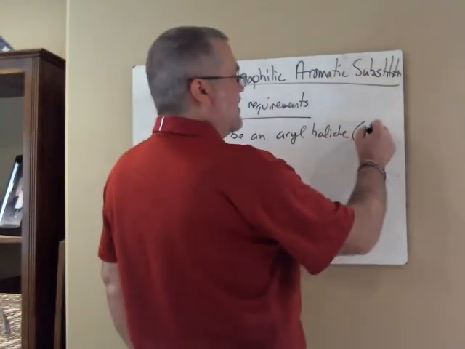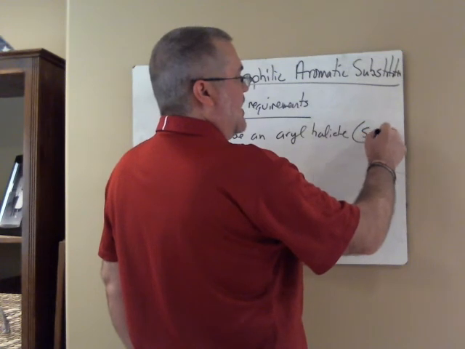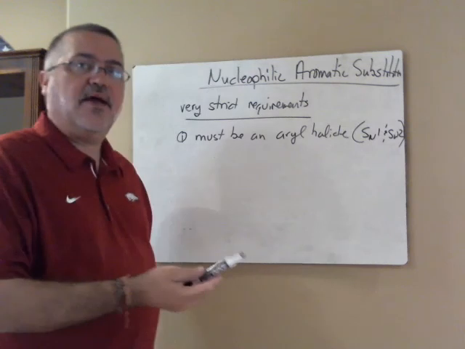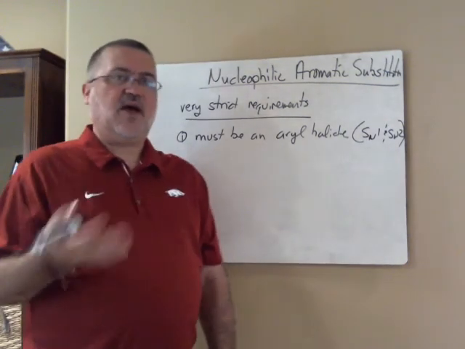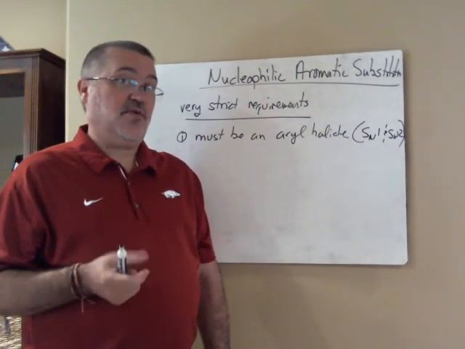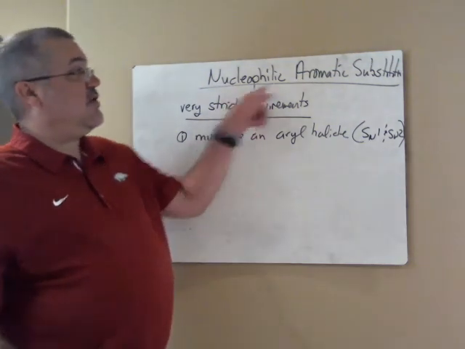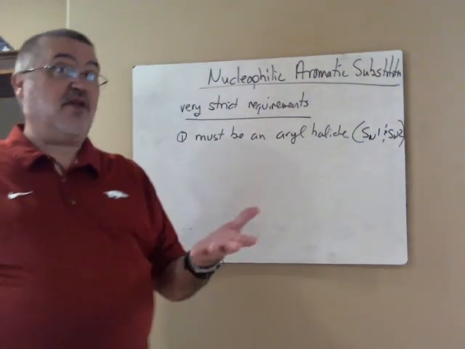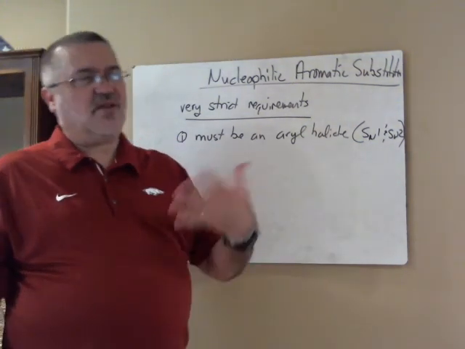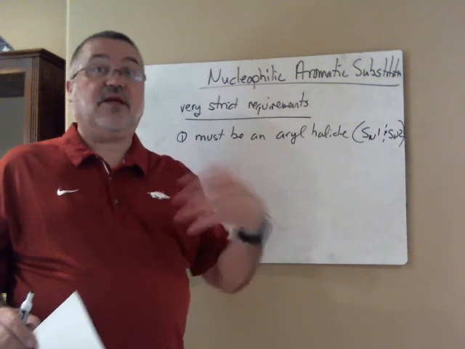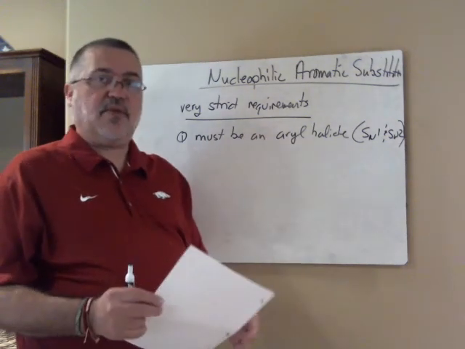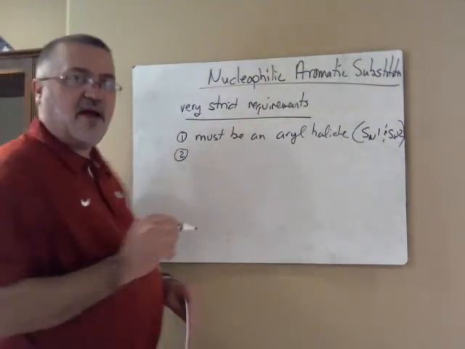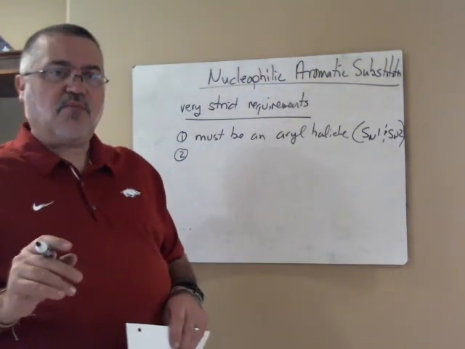And I like to add in here, that's because it's going to be like SN1 and SN2 reactions. Remember, those of you that took Organic 1, those were our example of nucleophilic substitution reactions. Well, this is another nucleophilic substitution reaction. Think in terms of SN1 and SN2 because they required an alkyl halide, or at least an alkyl that had some leaving group on it. Same requirement here. Okay? And the second one can only be explained mechanistically, which we'll do probably in the next